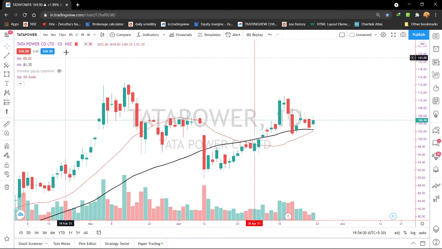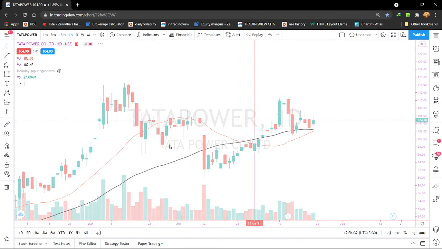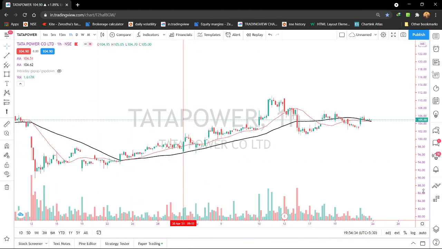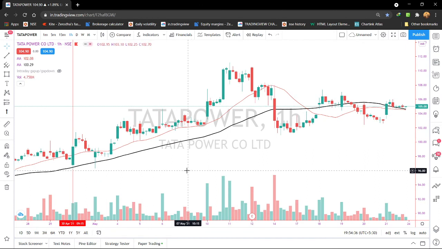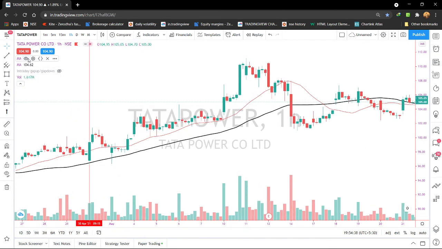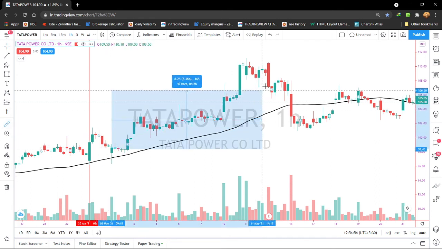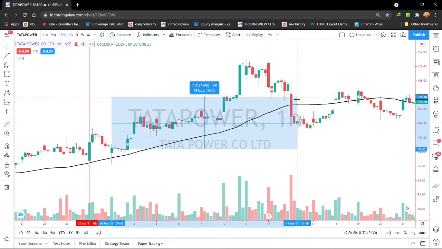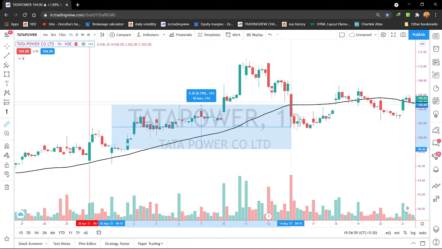Be safe, guys. Use a mask. See, this is a very good entry. Turn on the 20 moving average. What a nice candle. What a nice volume. 13 million volume and a very nice candle. This is my favorite candle. If this type of candle is formed at a moving average, either after crossing or if it takes support, you can blindly enter here. See, first it gave around 12%. You would have exited with 6% if you are a risk taker.